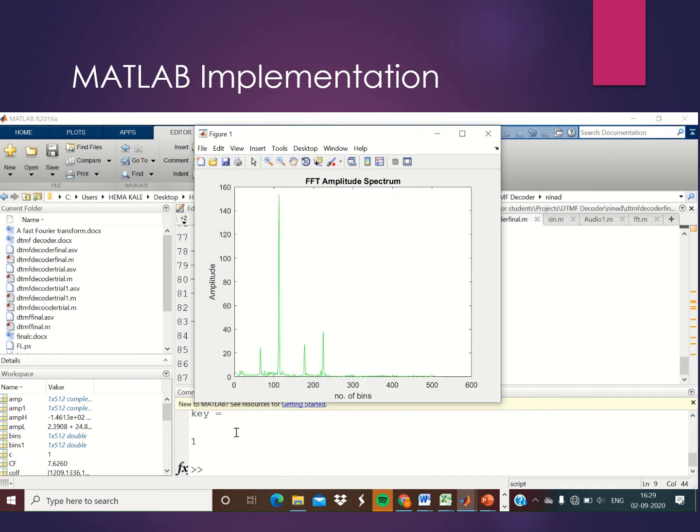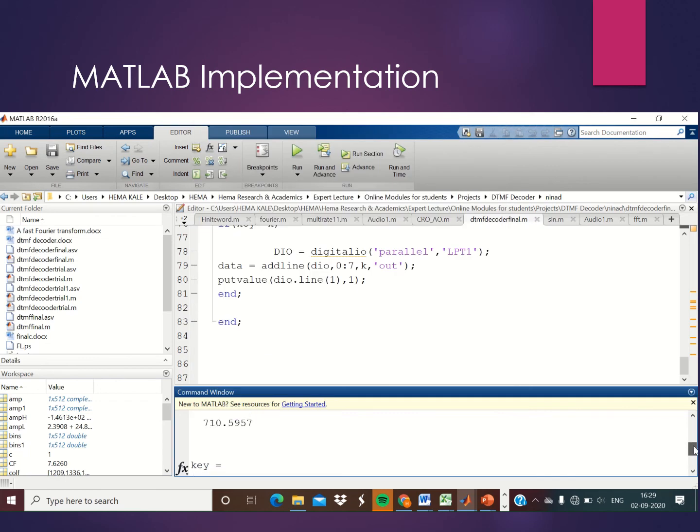Now here you can see on the command window: key 1. The result is key number 1 is selected. Lower frequency is 710 and higher frequency we found is 1.2166 kilohertz.